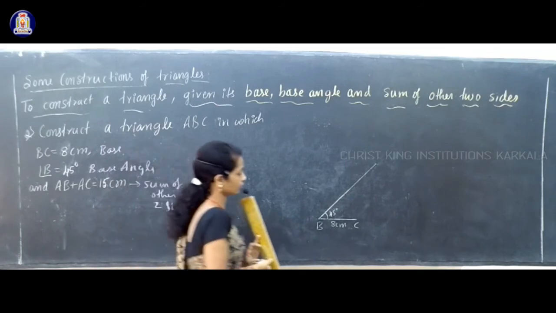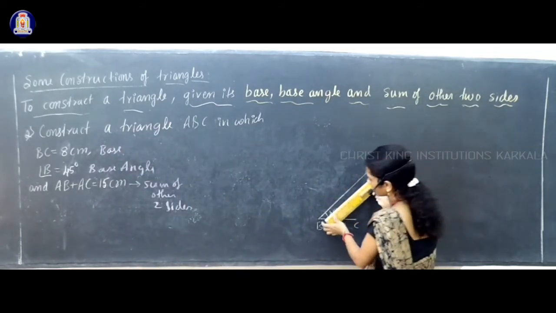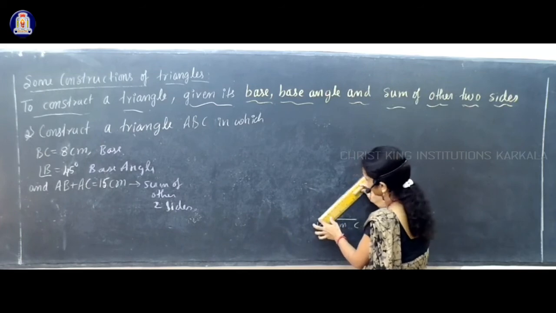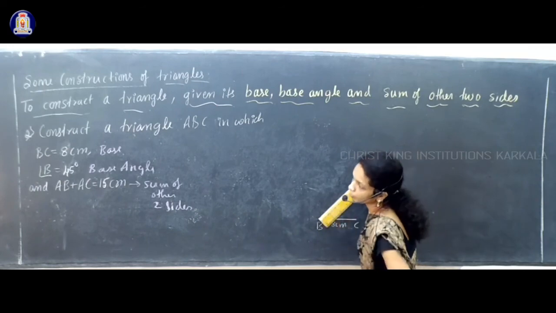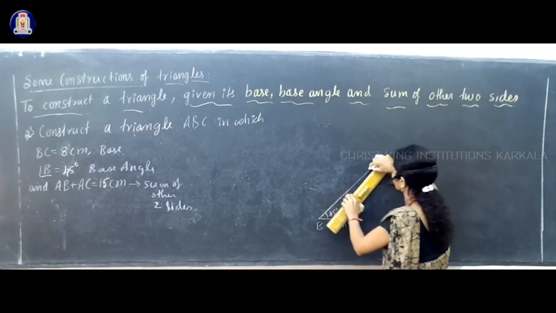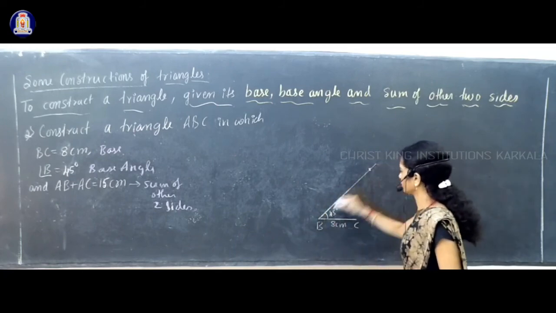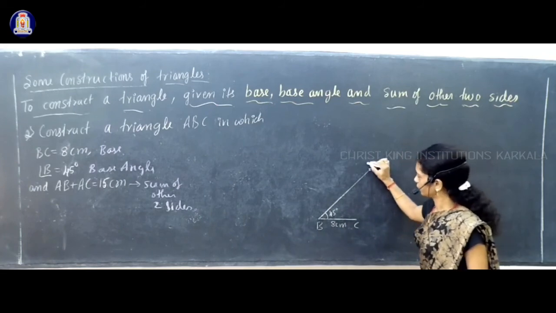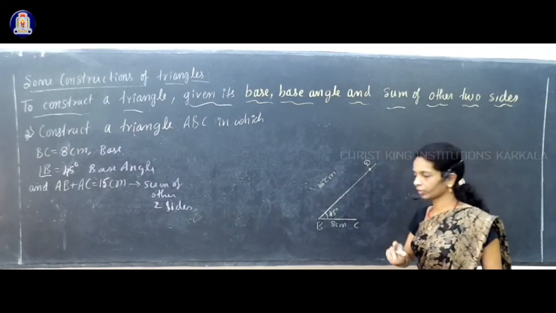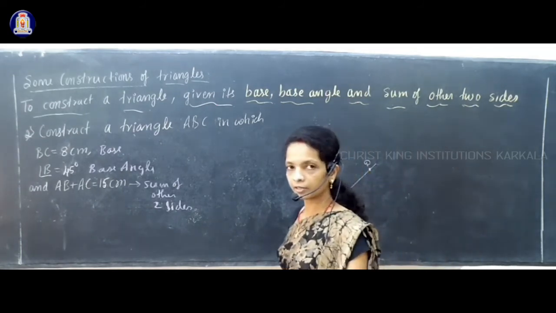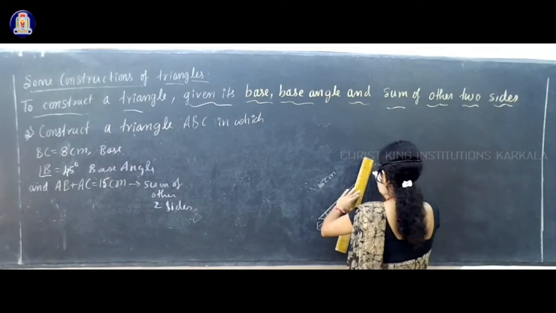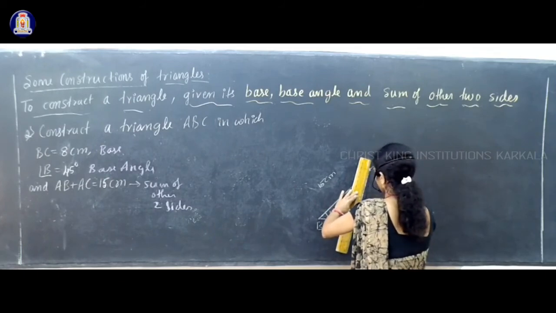That is 15 cm. Now keep your scale on this 45 degree line so that the 0 of the scale is at B. Like this you keep your scale and mark a point at 15 cm distance on this line. It is here. Mark a point on this extended line at 15 cm distance, and we take that as point D. Now you join that point D with C, like this.